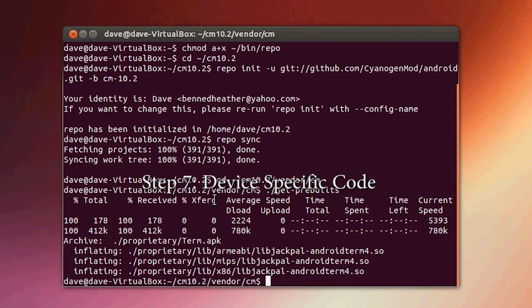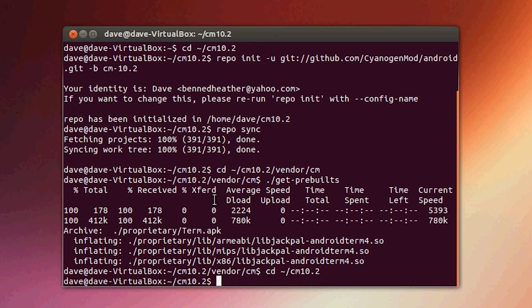Alright, step 7. Getting the device specific code. Now to do this, what we're going to do is navigate back to our CyanogenMod cm10.2 folder. So cd cm10, wow, can't type, 10.2. Okay, now what we're going to do is type in source build/envsetup.sh,